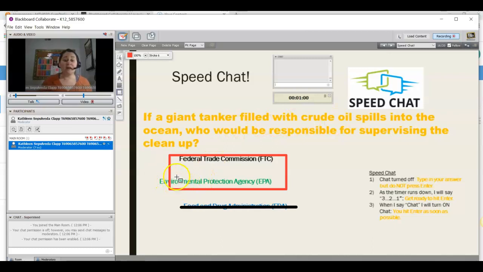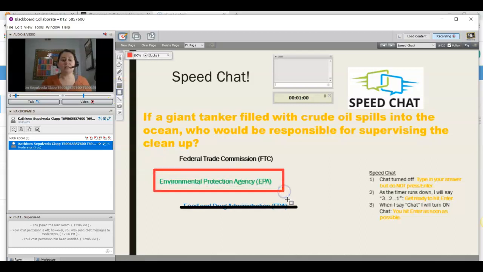And so then we look at the Environmental Protection Agency. Well, it would probably be more like the Environmental Protection Agency. Reason being is because obviously we're talking about the environment, and we're talking about the oceans. When you go out into oceans, that means that nobody owns that particular ocean. No country owns it, so it's open and free. So you have to actually have some kind of environmental protection agency in which all countries are involved in, especially when it comes to open ocean. So it would be the Environmental Protection Agency.